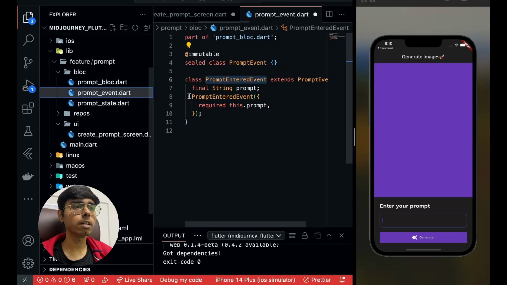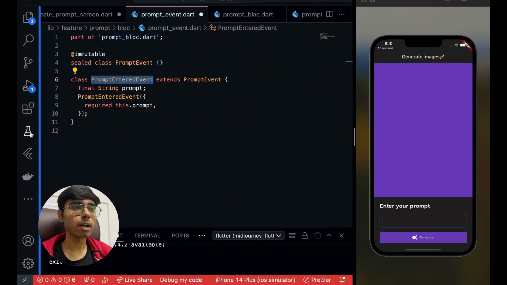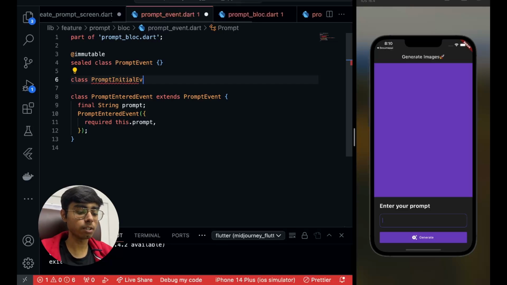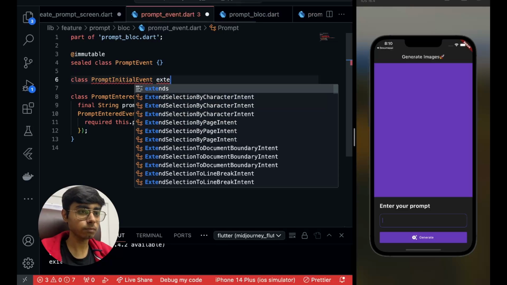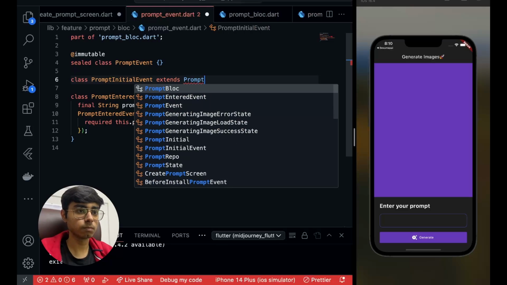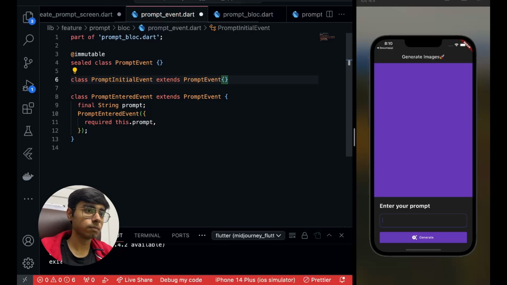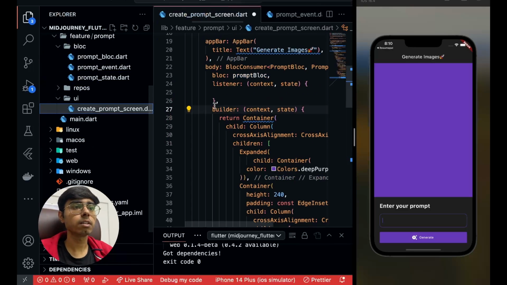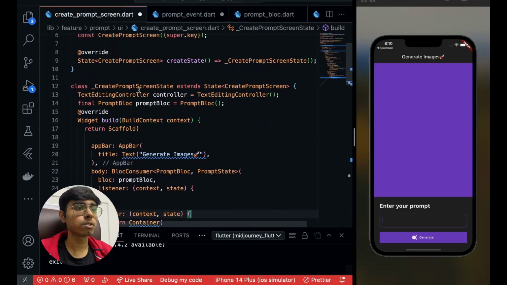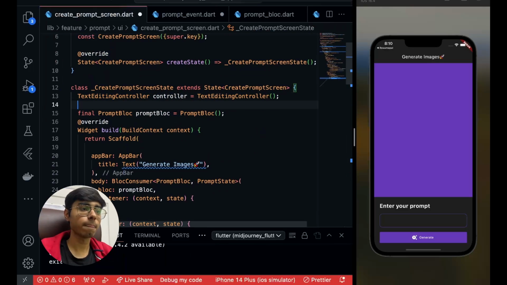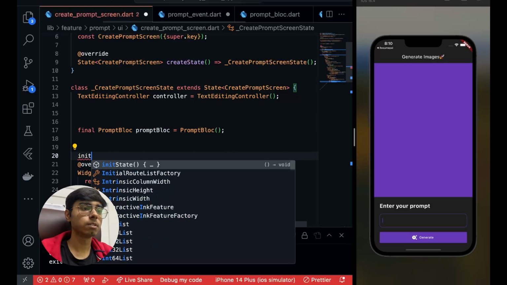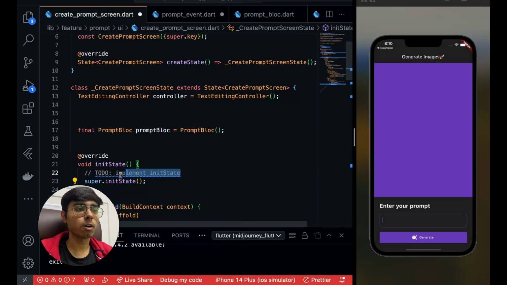Go to your block in the event, I'll say create an event which will say class prompt initial event, and add this event when you are creating your screen. So in your init state, after this block initialization, prompt block.add,